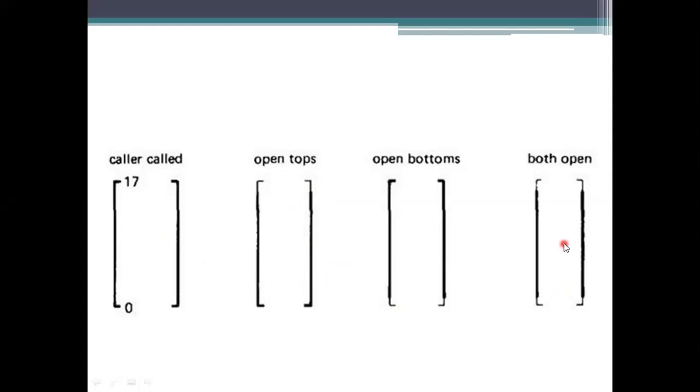And the next representation is an open top and open bottom. Both have values, which represents that it starts from zero, but there is no endpoint for that processing. Open means there is no endpoint for processing here. It is considered to stop at 17, but there is no starting point for representation. Whether it starts at 0 or not, we need to represent. So with both open, they can use any values while processing.